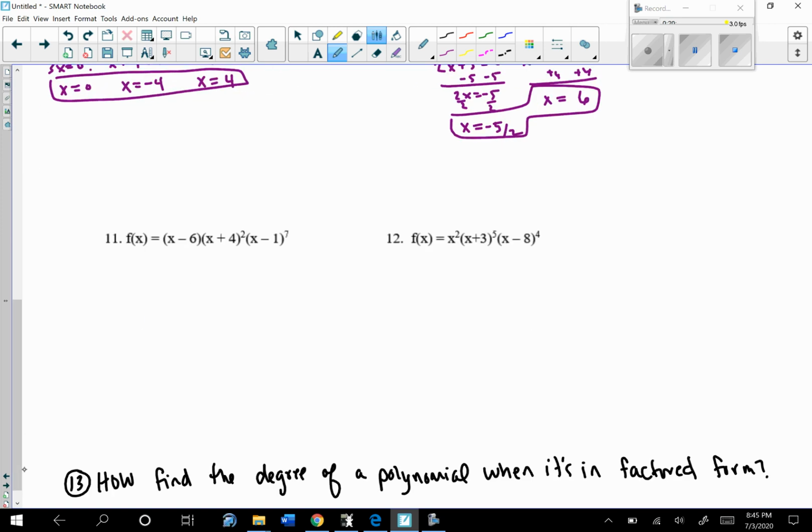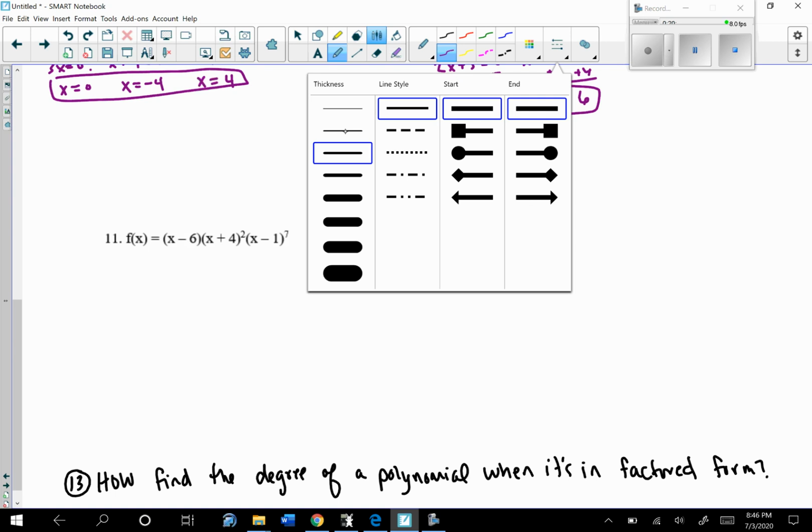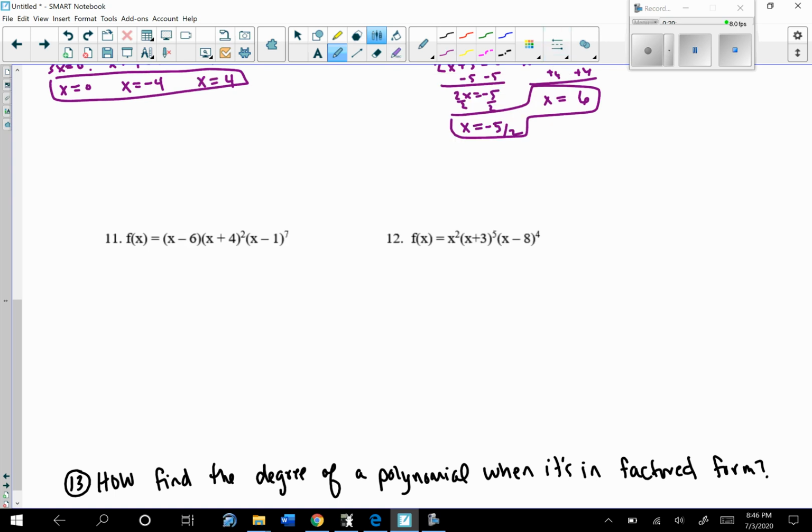Looking at these down here, 11 and 12, well, these are not in standard form. These actually are already in factored form, so that's done. We just need to figure out what the solutions or the zeros of the equation are. Remember, you set this whole thing, your y, equal to 0, and solve. So if I set each factor equal to 0 and solve,